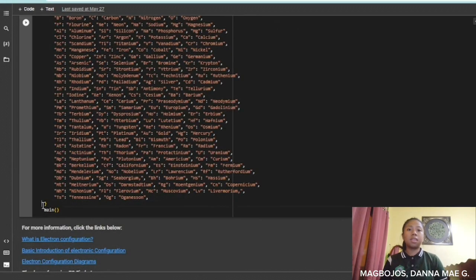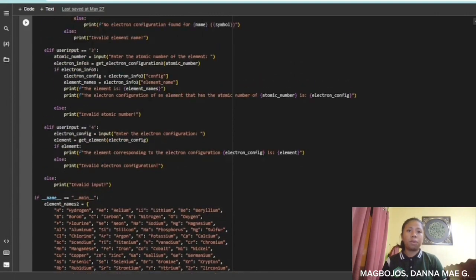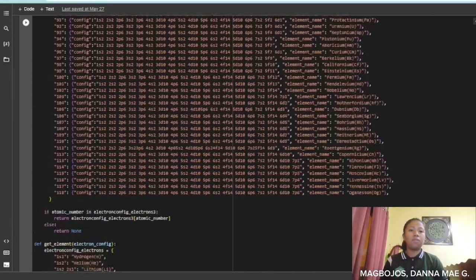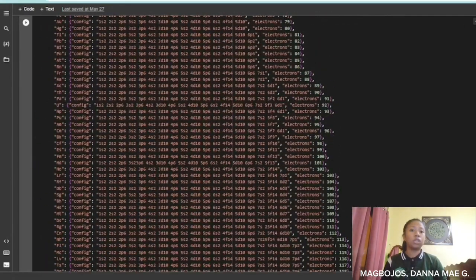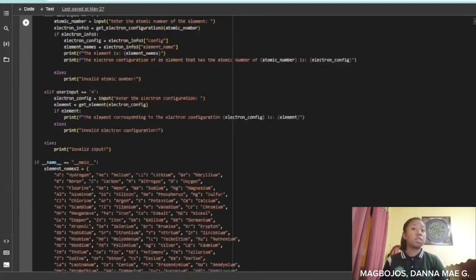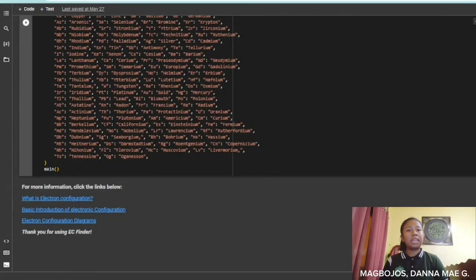Fifth step, executing the program. The program is executed by calling the main function at the end of the script. This ensures that the program starts running when the script is executed. Last step, handling user input. The program prompts the user with a menu of options and processes their input accordingly. It validates the input and calls the appropriate functions to perform the requested conversion. Overall, we follow this systematic approach. First, defining the necessary function and data structures, and then implementing the user interface and the main logic of the